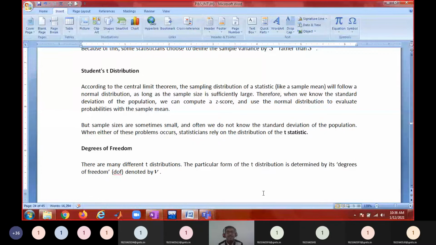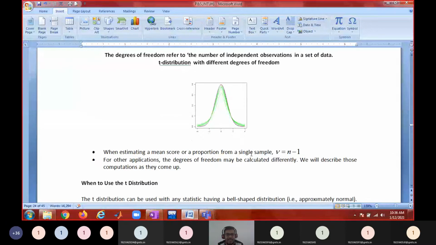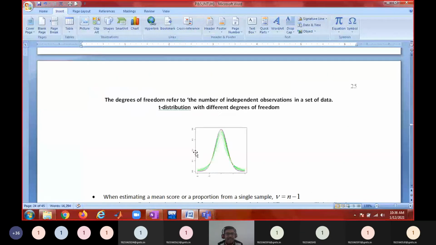We have different normal curves for different pairs of mu and sigma. When you change mu, the symmetry will change. When you change sigma, the spread will change. Like you have infinitely many normal curves, you will have infinitely many T curves. You can see the graphs of different colors, right? These all depend on the degrees of freedom. For different degrees of freedom, you will have different curves.